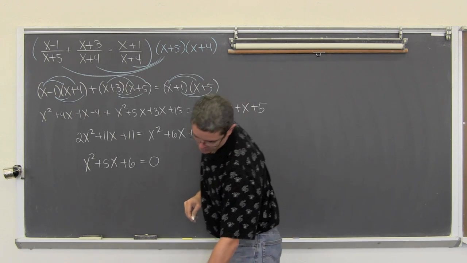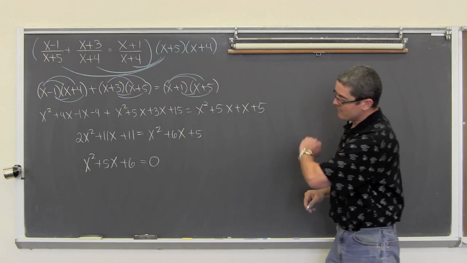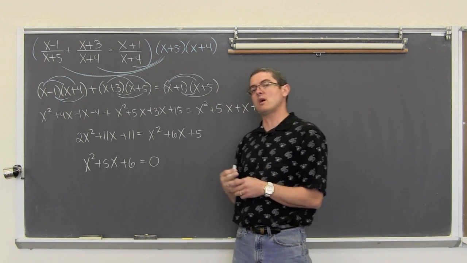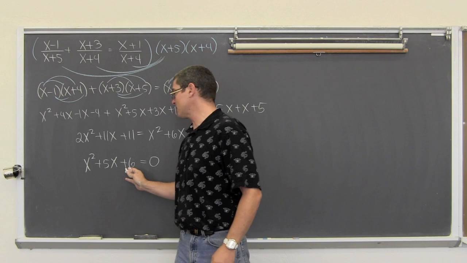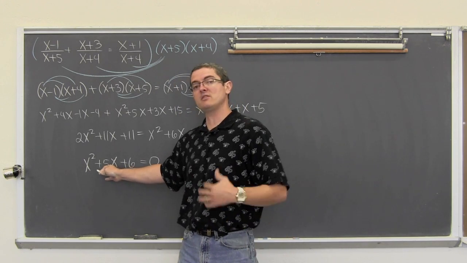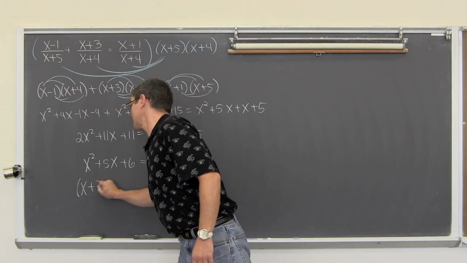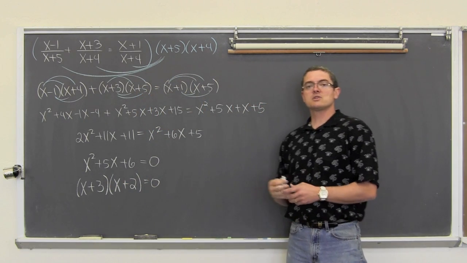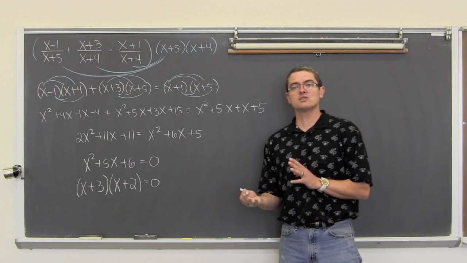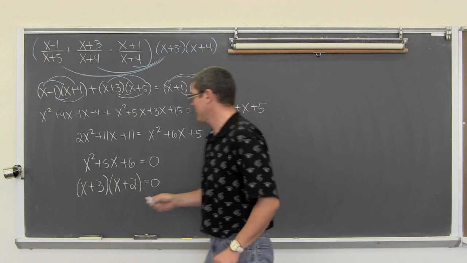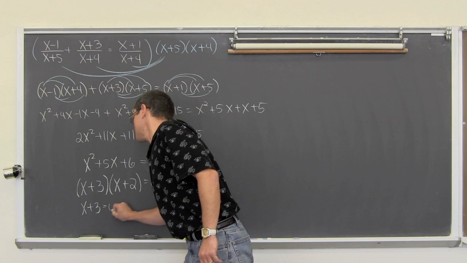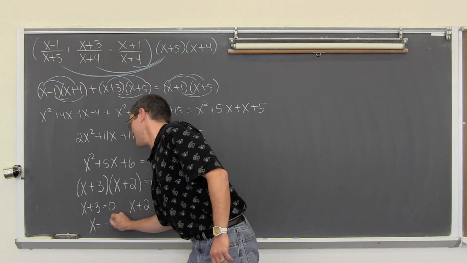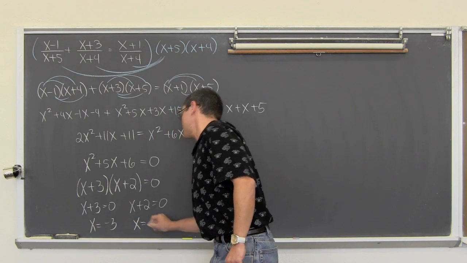Okay, just making sure I don't make a small mistake here. Good. Now, again, this could be not factorable and you have to use the quadratic formula, but it is factorable. We're looking for factors of 6 that add to be 5, and that's going to be 3 and 2. So we have x plus 3 times x plus 2 equals 0. This function is now in its factored form. We finish that by setting each factor equal to 0. So we have x plus 3 equals 0 and x plus 2 equals 0. That means our solutions are negative 3 and, again, negative 2.